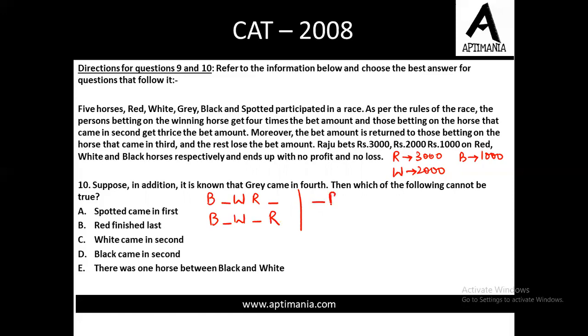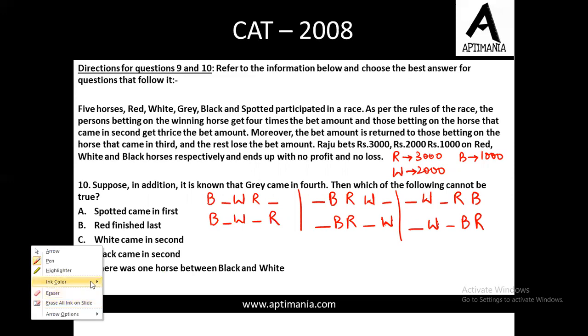first position was blank, second position was black, then it was red, then it was white or blank, and the other case was white on the fifth position, right? The third case was putting blank, then white on the second position, then blank, then red and black, or it can be black and red as well, right? So these were all the possible cases that we discussed in the last question.